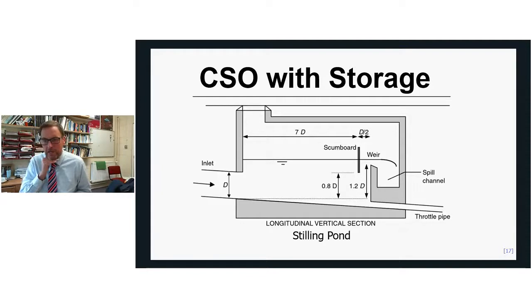This is a similar kind of design, quite often seen in tanks. So here, again, we've got the pipe, we've got flow going from left to right. The downstream pipe is smaller, so that's basically the setting level that takes the flow to treatment. When the flow is so much that it can't get through that small pipe, it gets spilled to the environment. So same kind of thing, the water level rises,